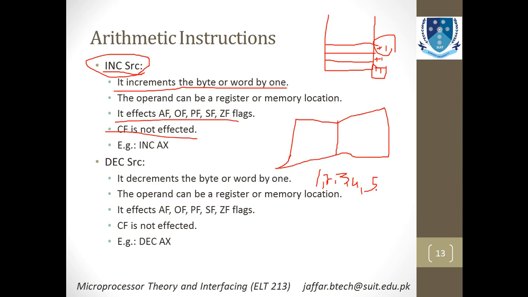This is not the right answer. You will only say that I have read up to 7 pages. So you won't answer him like I have read 1 2 3 4 5 6 7. This is not the way. You will tell him that I have read up to 7. So it means that you have ignored all the numbers of the lower pages and you have saved the final memory.